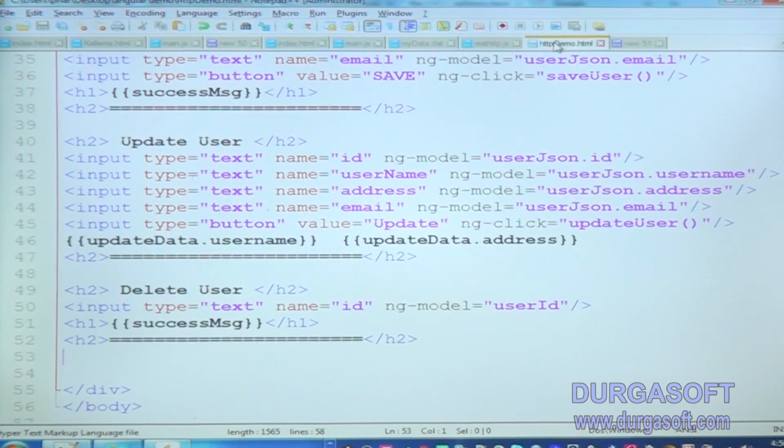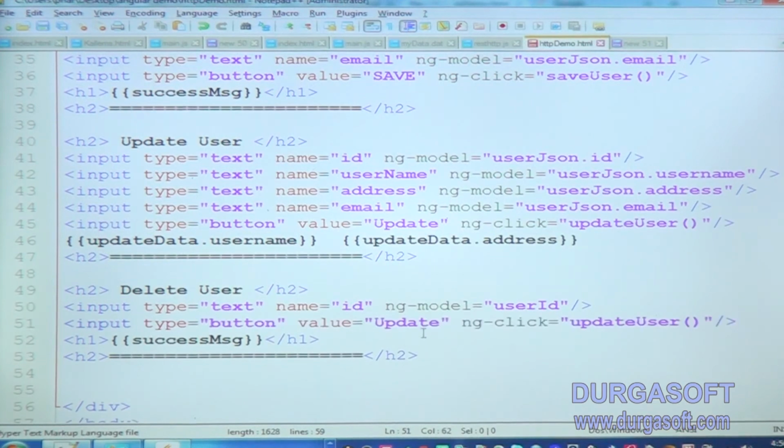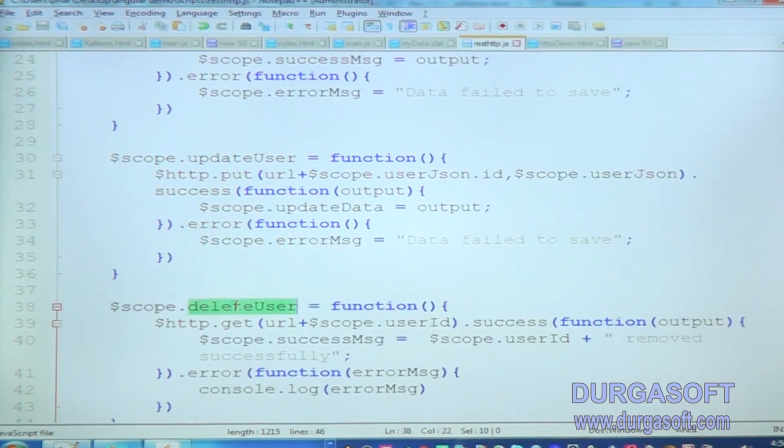Now let's see. Delete user, ng-model, and we need a button. Input type equal to button, value delete, and method name is delete user.